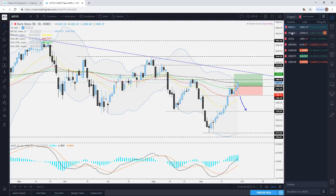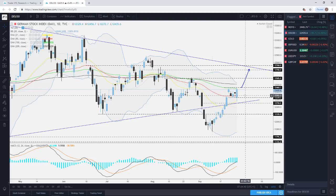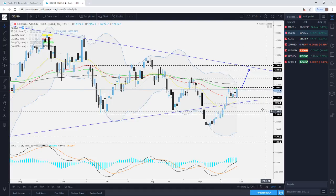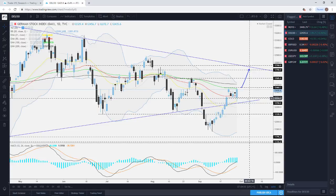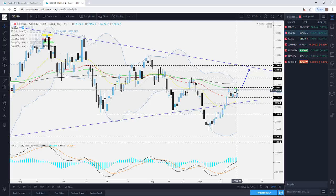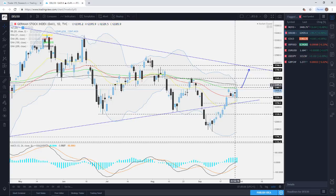Looking at DAX quickly, DAX is stuck in this little range I was talking about, between roughly 12,325 and on the upside 12,460. As you can see, yesterday we had a nice strong bullish candle. All eyes are on today, because if we get a nice break and a nice close after today,